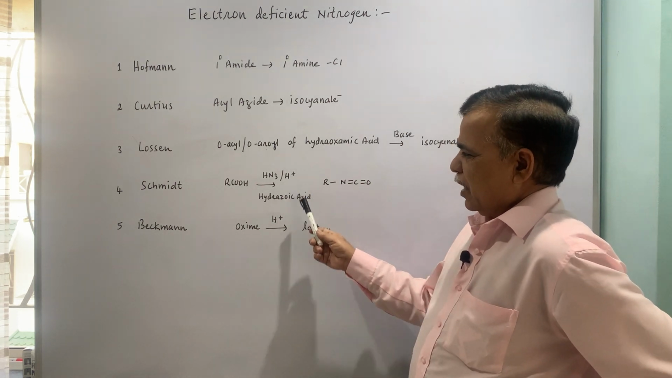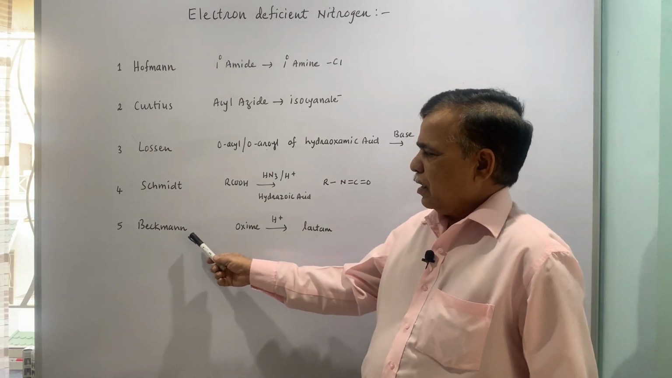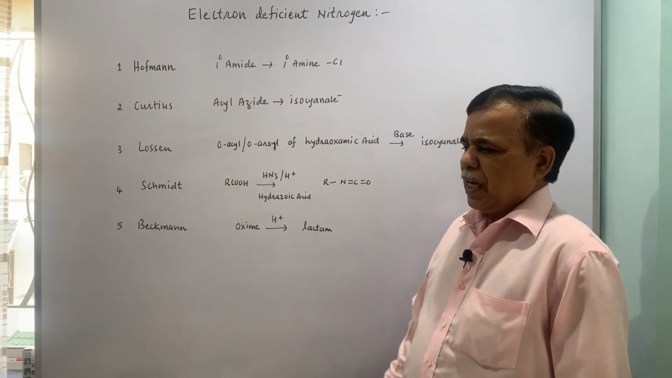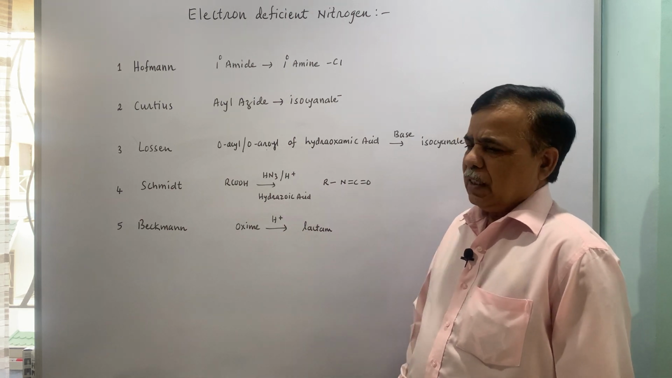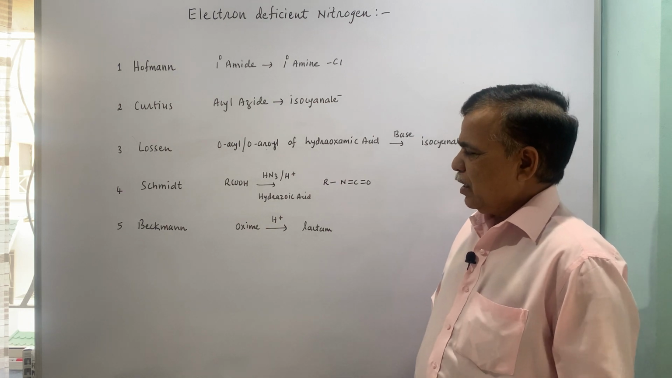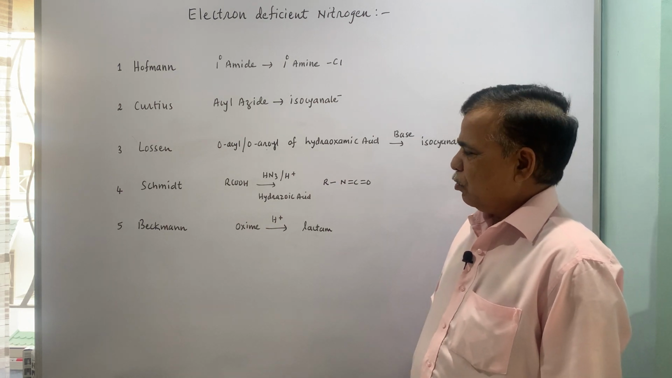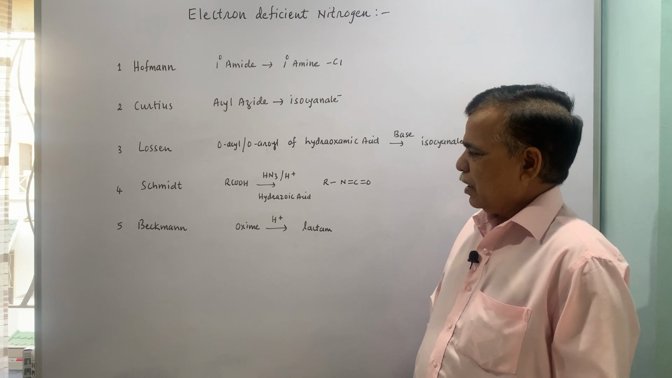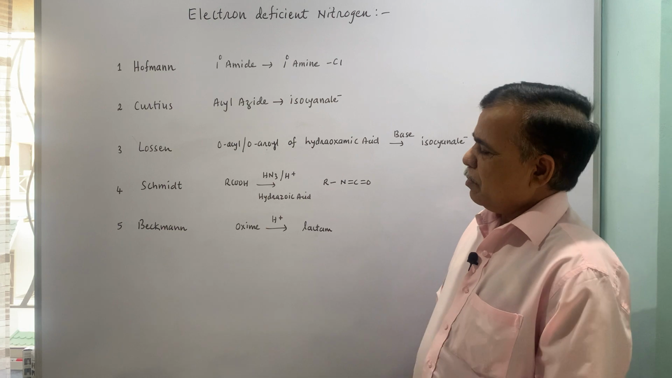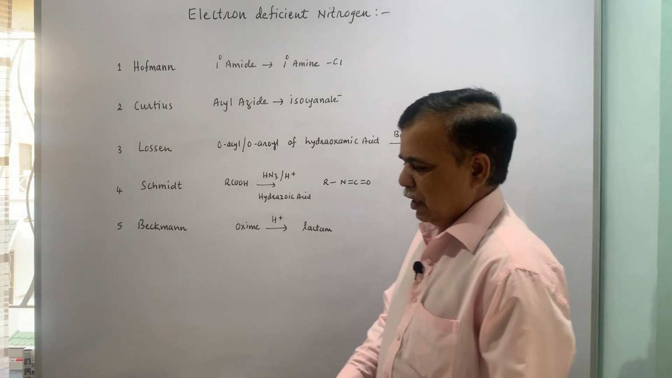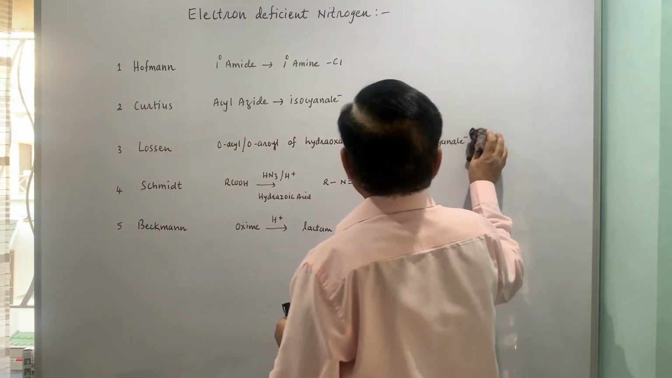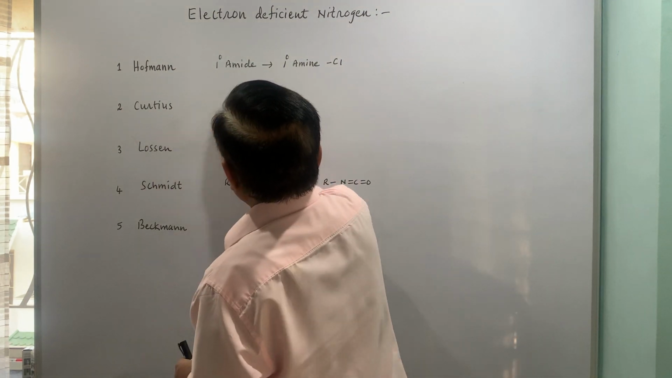I will write down the mechanism for all these. And the last one is Beckmann rearrangement, wherein oximes become lactam on treatment with H plus or some reagents wherein OH is transformed into a good leaving group like Cl with thionyl chloride, PCl5, etc. We will see some representative example of each type. So, first of all, let me put the example for